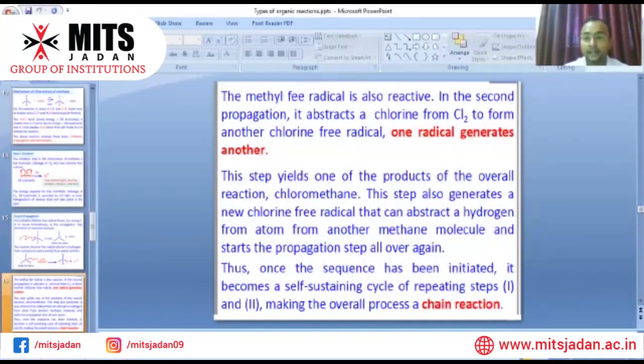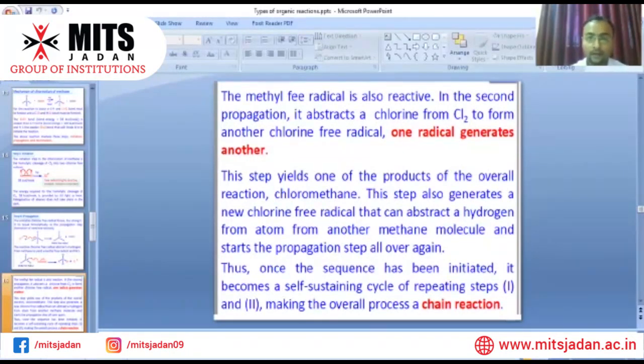As we learn in nuclear chain reactions, when uranium is attacked by thermal neutrons, it gives some nuclear energy, and the neutrons are regenerated, and these neutrons again attack the uranium nucleus to give nuclear energy and neutrons. So this is the chain reaction, and we get the free radicals and also the products.